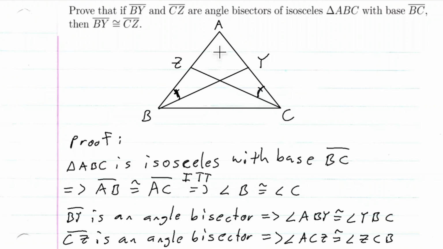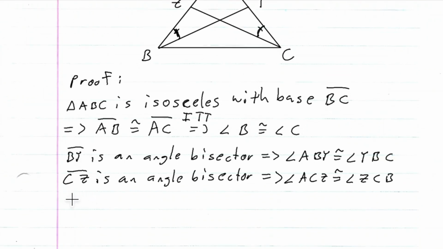And we do have it, right? We have angle A is congruent to angle A in both of those triangles, right? We have AB is congruent to AC, and we have ABY is congruent to ACZ. So angle, side, angle. Now we just have to consider these two triangles and show that ABY is in fact congruent to ACZ. So let's go ahead and do that right now. Consider triangle ABY